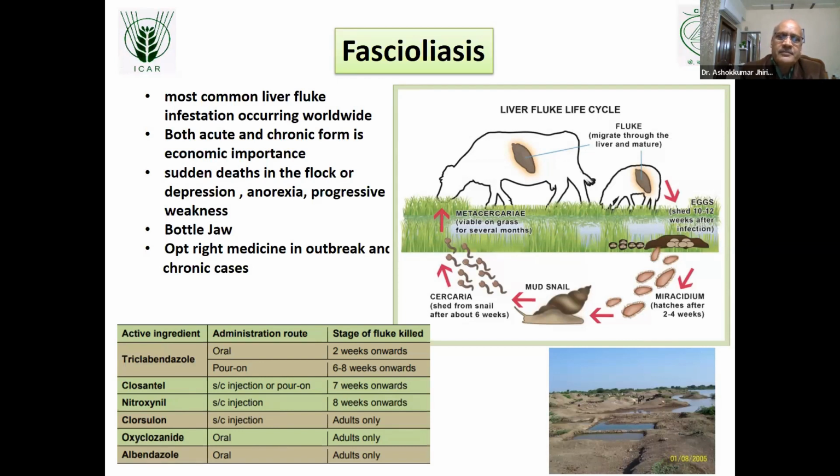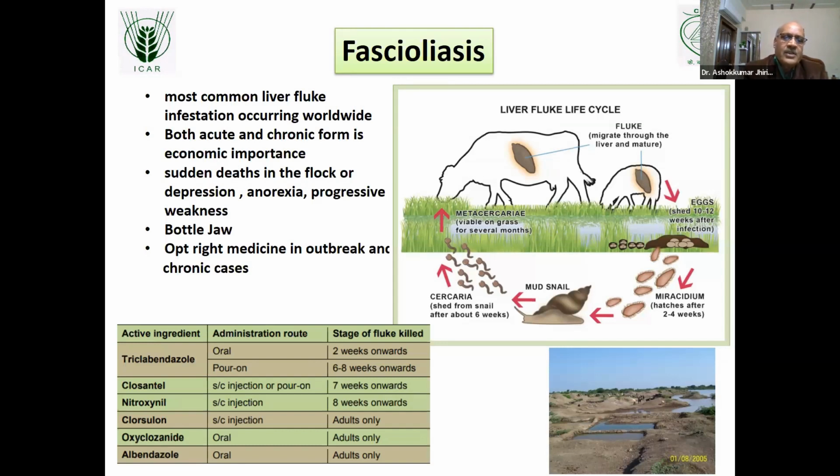But in this case, opting for the right medicine is very important, because in an outbreak where a large number of immature parasites are infecting and damaging the livers, you need different medicines. Whatever medications are available for fascioliasis, they do not all work on all stages of the parasites. Some are very effective against the immature stage, some are very effective against the mature parasites, which is the later stage